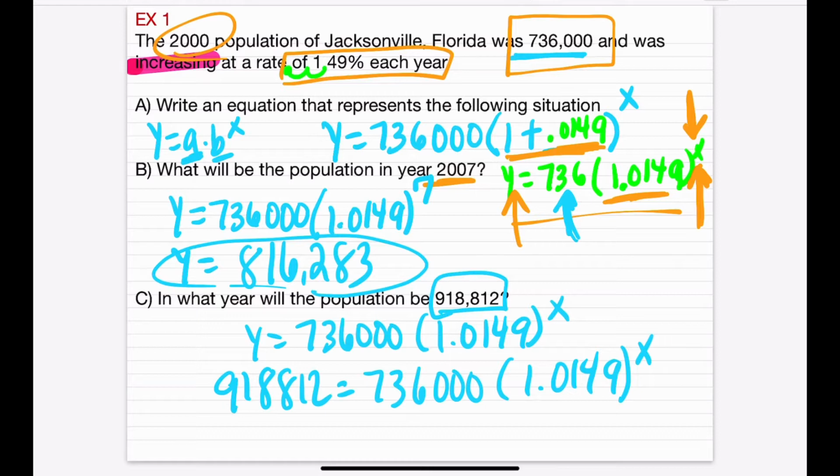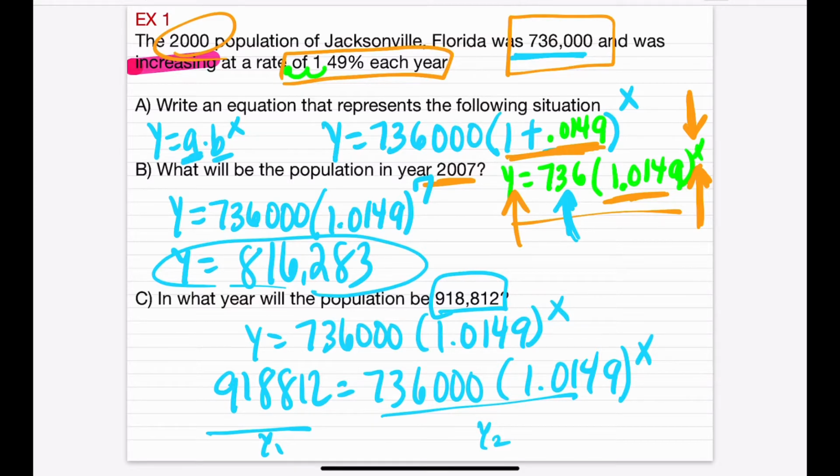Now, in Algebra 1, you should only learn how to solve a linear or quadratic equation, but not an exponential. You learn this in Algebra 2. But you do know a technique on the calculator. So of course, if you had a TI Nspire, you would do NSolve. But since we don't, let's go ahead and use our graph or our table. So go ahead and head on to Desmos. We're going to graph the left side in Y1. We're going to graph the right side under Y2. So we're going to make two graphs.